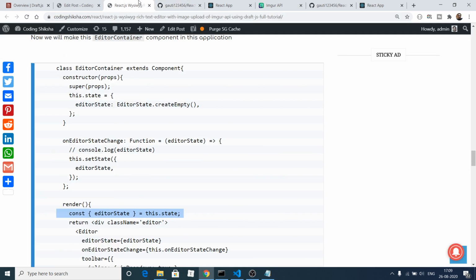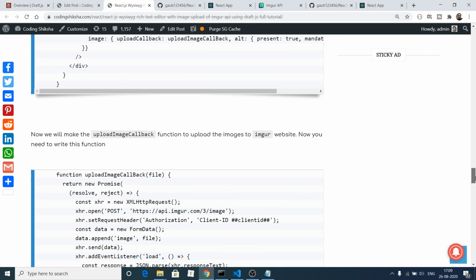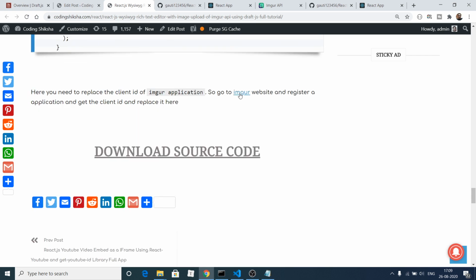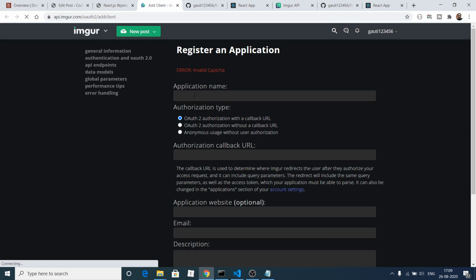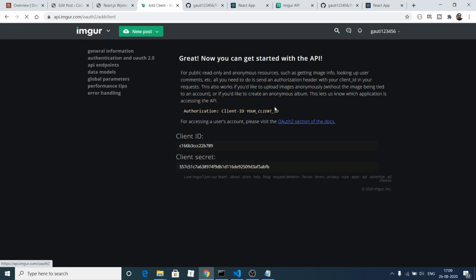And now, to make a new application inside this, I have given the link in my blog here. If you find it, this is the link. Go to this link and register your newly created application. Here you need to give the application name, and you need to select the second option. Let me just give it demo app, and here you need to provide your email address and then a short little description. So this is a demo app, and here you need to click the option I am not a robot, and click on submit. So this will create your application.